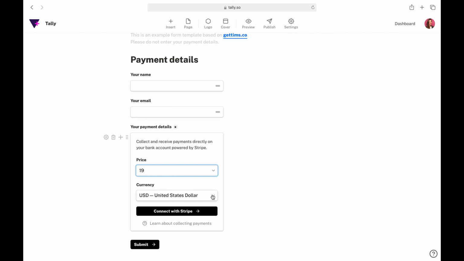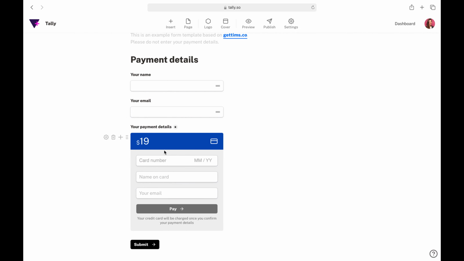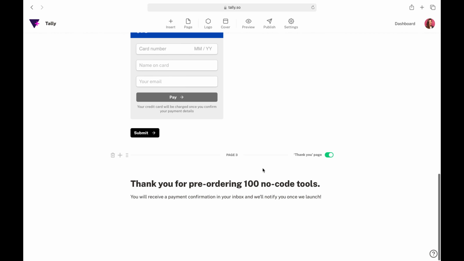You can also choose currency, and then you can connect with Stripe. So when you connect, you will be redirected to your Stripe account where you have to authenticate and give access to your Stripe account in order for the payment to work. So I went ahead and I connected to Stripe, and this is the payment form that you and also your respondents will see. We also added a thank you page again, and as I said earlier, you can just type